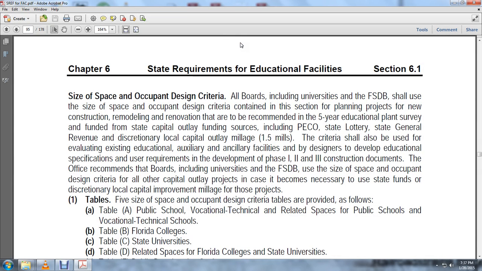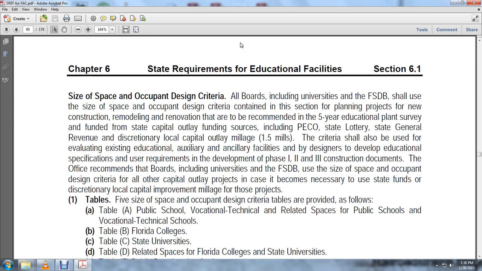Okay, Chapter 6, State Requirements for Educational Facilities, Section 1: Size, Space, Occupant Design Criteria. All boards, including the university and the Florida School for the Deaf and the Blind, shall use the size of space and occupant design criteria contained in this section when planning projects for newly constructed, remodeling, or renovation that are to be recommended in the five-year educational plant survey, funded at